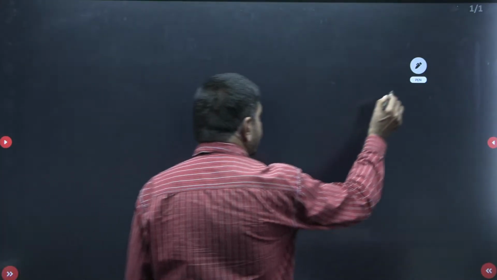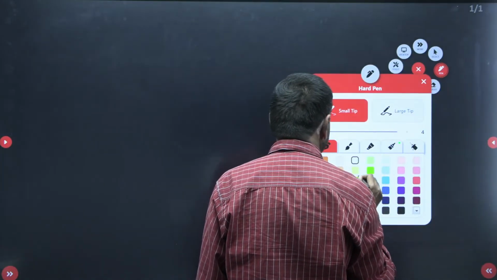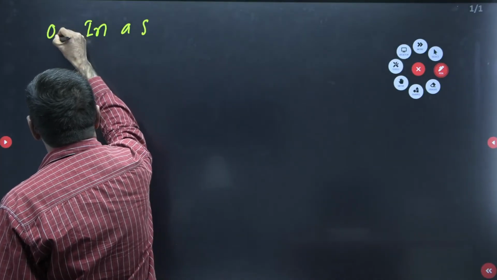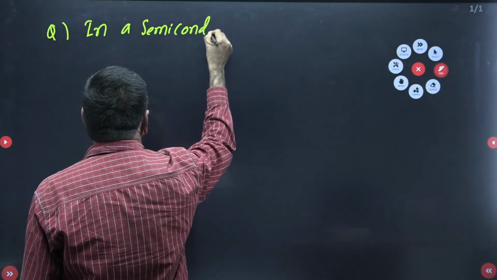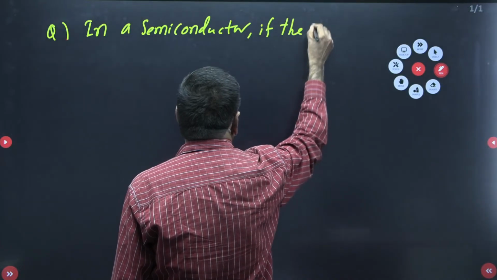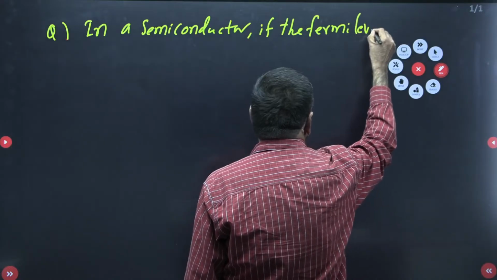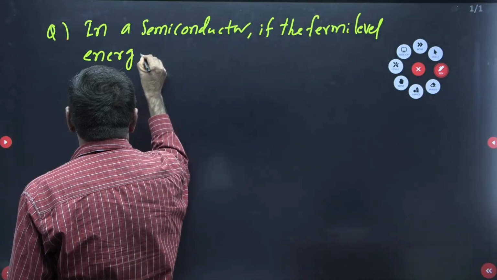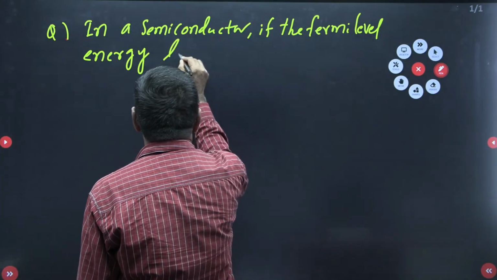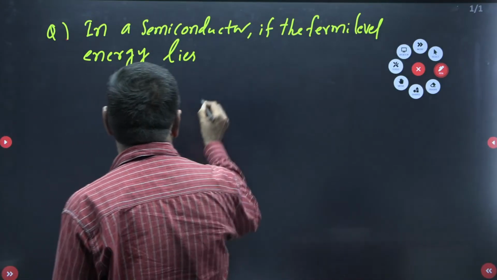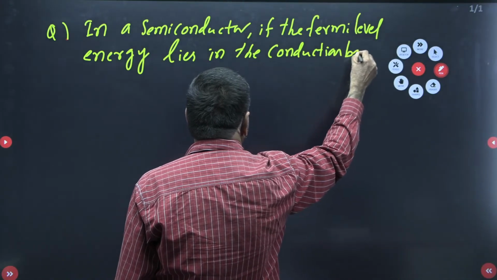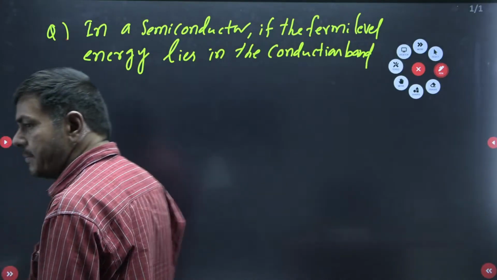In a semiconductor, the question was given like this. In a semiconductor, if the Fermi level energy lies, I will explain each and every point, lies in the conduction band, then the semiconductor is known as,